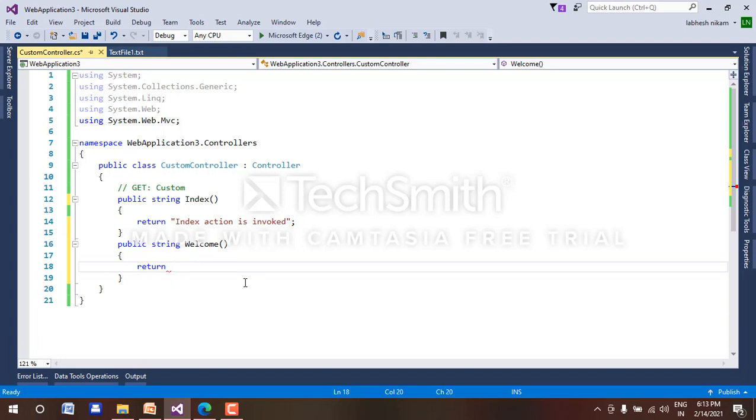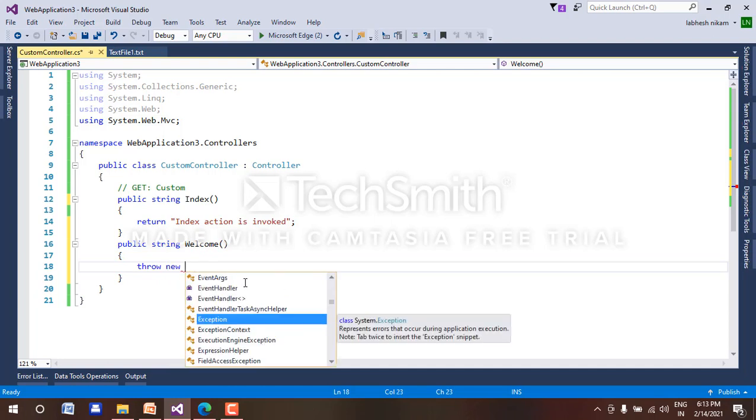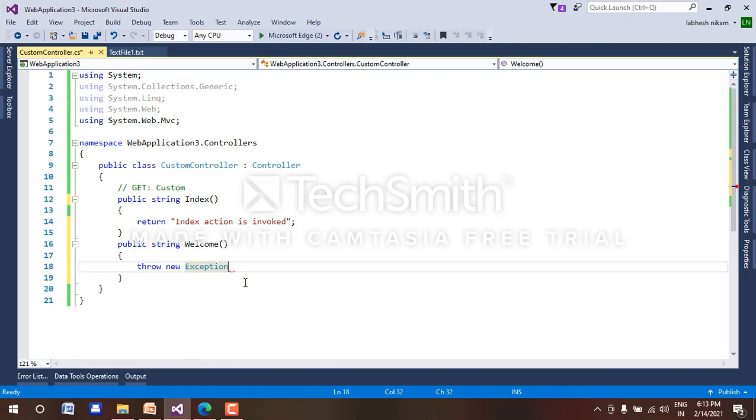Inside it, throw new Exception, with the message "Exception occurred". Whenever the exception is executed, this message will be generated, and when the Index method is invoked, at that time this message will be displayed.